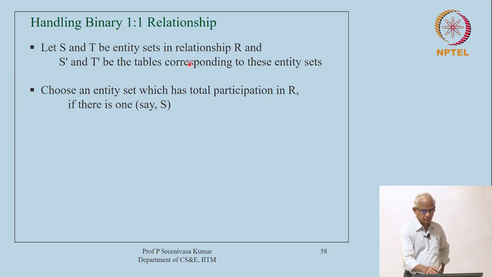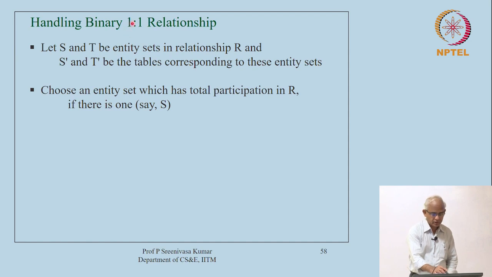handle this relationship. One approach to handle this relationship is a simple, interesting approach, where we introduce what can probably be called a lookup table. Which will basically just have two attributes, basically containing the key of S prime and key of T prime together. That is all. That is one approach. I will come back to that a little later, but let us see how